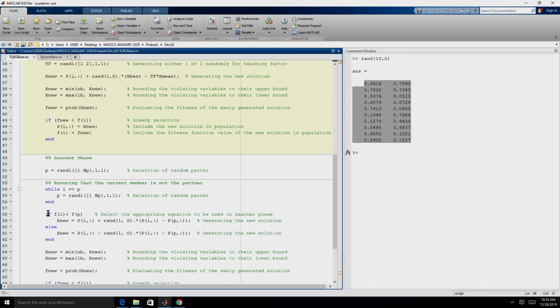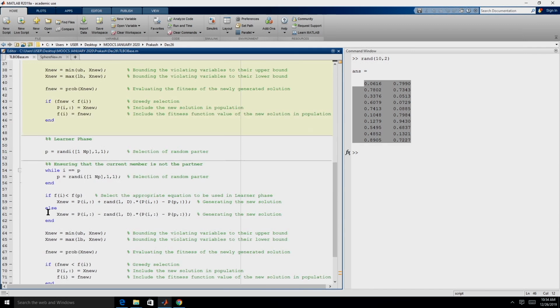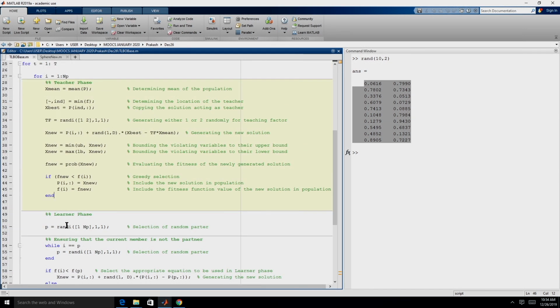To implement the learner phase, we need a random partner, right. So, we are again using the function randi. This time we want a random number which is between 1 and the population size. So, if you have 10 members, we need a random number between 1 and 10, with 1 and 10 included.